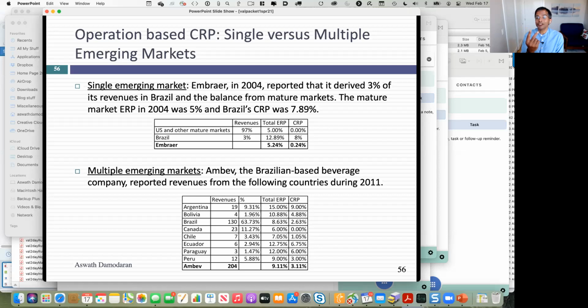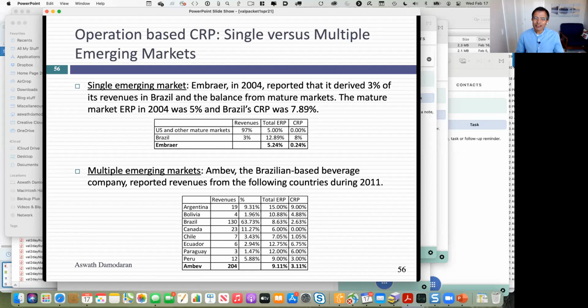One is it's easy to get. For most companies, this is the only metric that is often broken down geographically. In fact, you go into any manufacturing company, try to figure out where their factories are. It's like pulling teeth. Most companies don't even report it, but revenues are broken down by country. The second big advantage of revenue weights is revenues are always positive. Thank God for that. If I used EBITDA weights or EBIT weights, one of the problems I'm going to run into is what if you get negative EBITDA from a country? Well, how do I weight it?